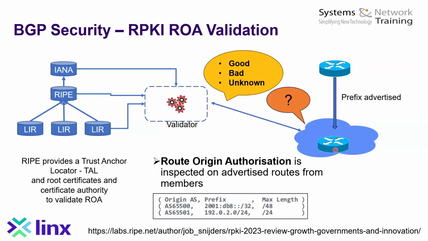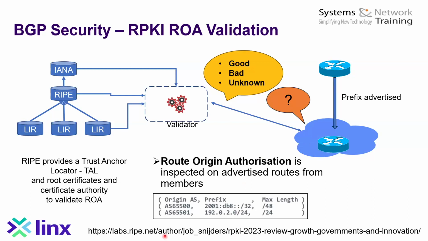But the idea is that your router can decide what to do if that happens. You can either accept it and trust it anyway, or you can reject it. If you reject it, it doesn't go in your BGP table and you don't use it for routing. So that route doesn't poison the internet and your routing infrastructure. And so I think that really concludes what I wanted to say about RPKI. Hopefully that makes sense to you.